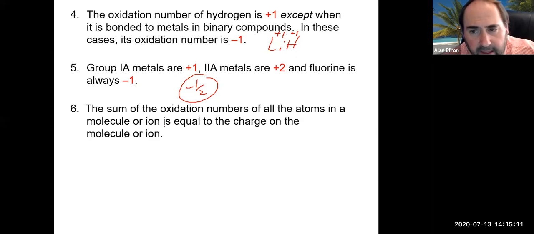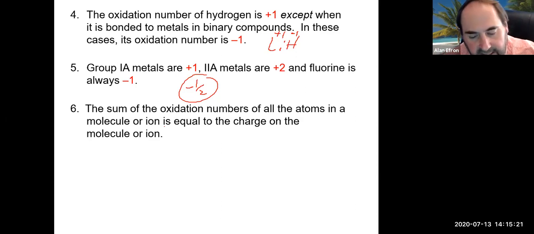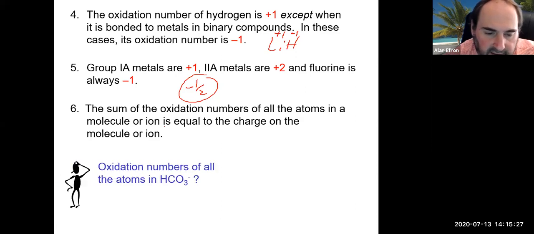So it doesn't always have to be a whole number. Typically speaking, if you've got oxygen involved and sort of 3 elements, it's good to start on the right-hand side where oxygen usually is, go to the other side, and save the guy in the middle for the end. So let's take a look at how to properly assign. If we have HCO3-, which is bicarbonate,